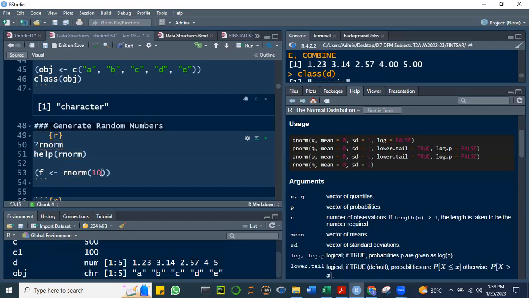And then the whole code: you have to define the mean and the standard deviation. However, if it's a standard normal distribution, it's okay not to include this, because that's the default. Whether you include it or not, R will treat this as generating random numbers that are normally distributed. Okay, so if we run this,